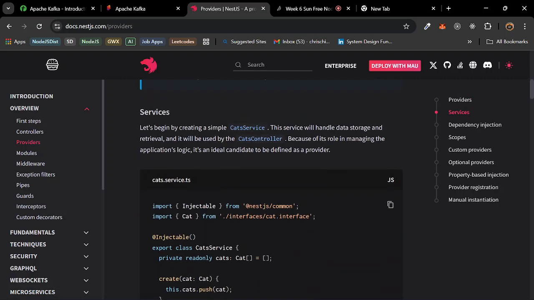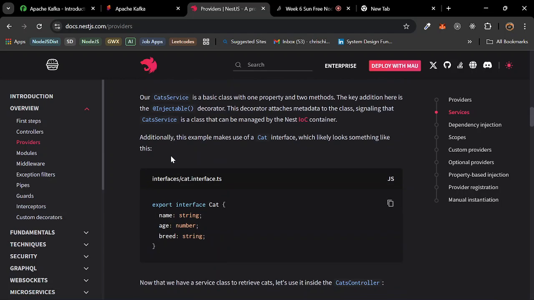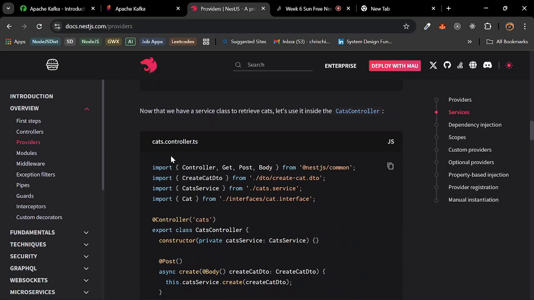So service, let's create a service. This is an example of a service here. When you define a class to make it a service, to make it a provider, you use this decorator here, Injectable. You can create any class anywhere and apply this Injectable. Now, what does this Injectable mean? One of the key strengths of NestJS is that it helps to handle dependency injection, right? Let's scroll down. We're going to understand what dependency injection means. So let's look down here.